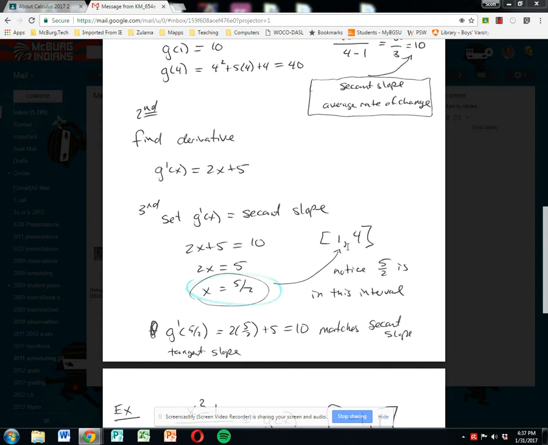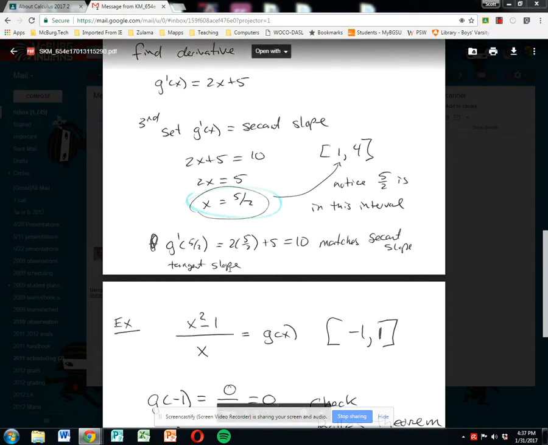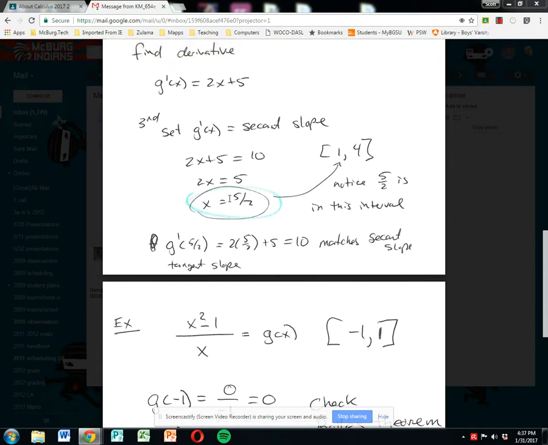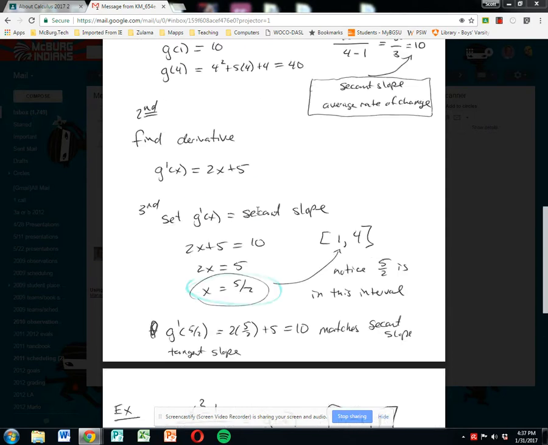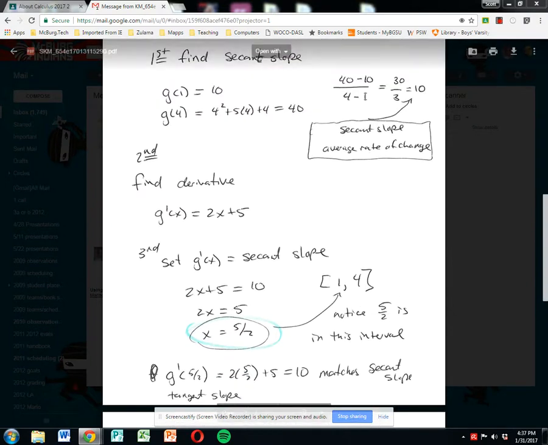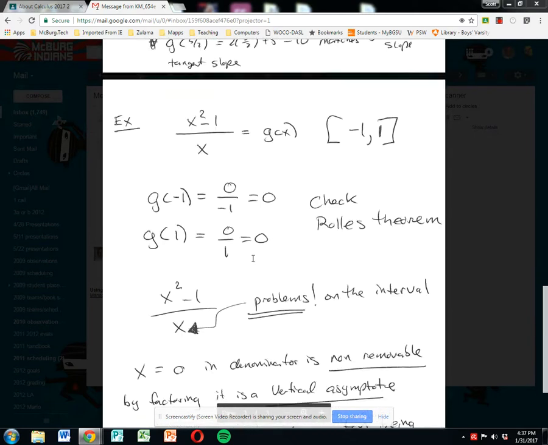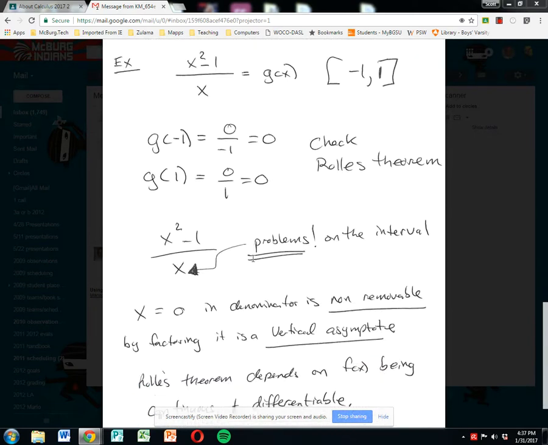Notice 5 halves does lie on this interval. So g prime of 5 halves is equal to 10, and this matches the secant slope with this specific tangent slope. So here's your point guaranteed by the mean value theorem. It's x equal to 5 halves. This lies on the interval of 1 to 4, and the secant slope of the originals is matched by that particular tangent slope. The second one, if we take a look at this graph, we're going to check and see